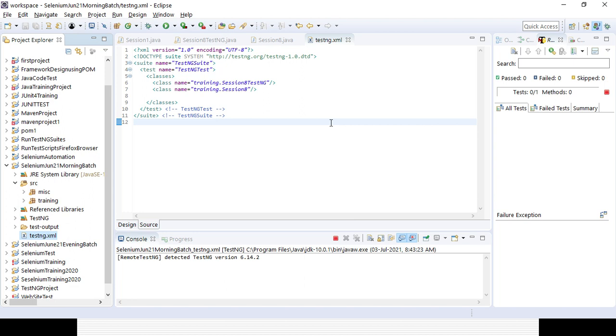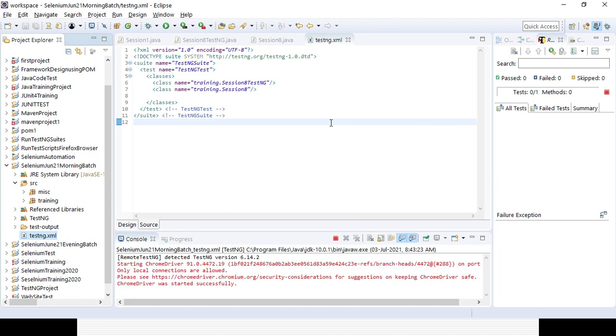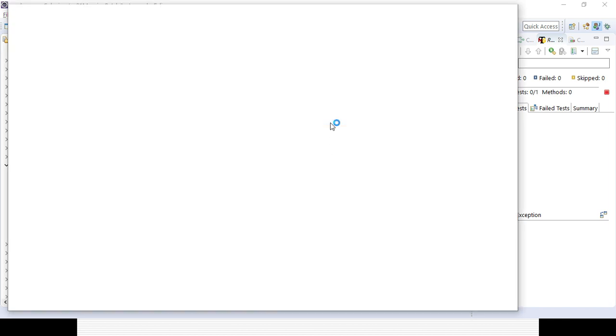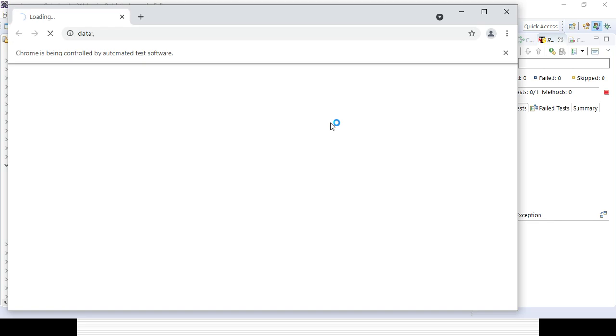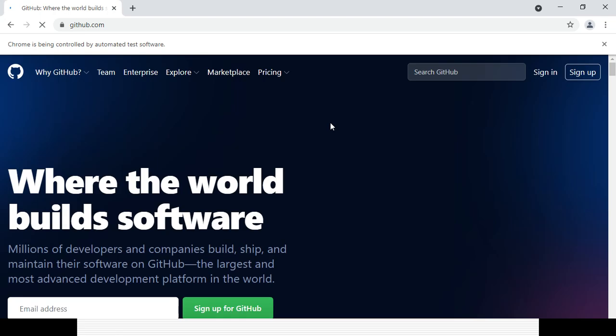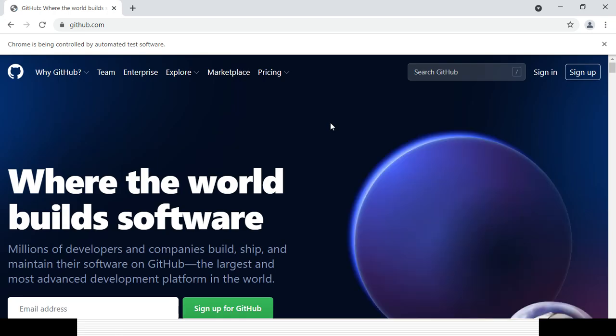So it does not matter how many classes there are, even classes can be in different packages as well. It will be considered based on the project setting. Okay, so it does not matter how many packages, how many classes. You need to give the classes tag, and within the classes tag you need to create a class tag where you give package name dot class name. That's why it will be considered for the execution, and through this you can execute multiple classes at the same time.